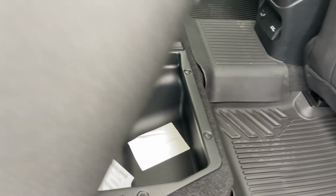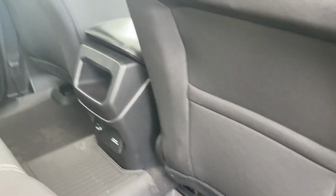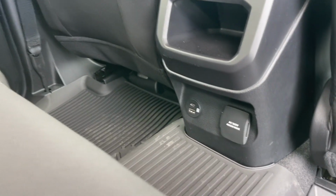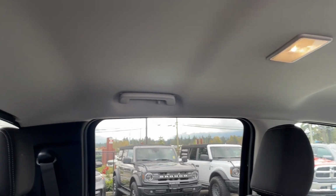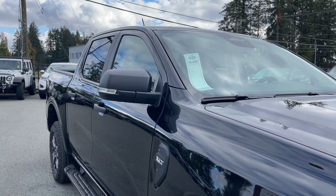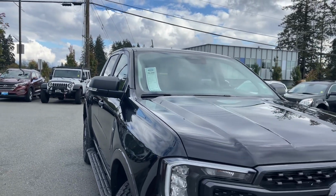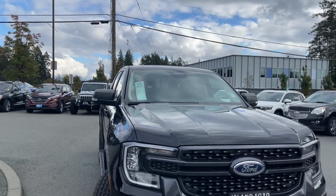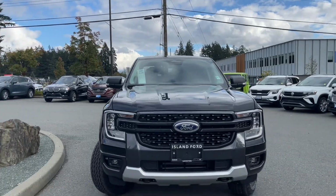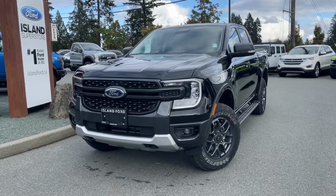You've got lots of room underneath, plus your jack. And then all-weather mats on the floor, slim pockets on the back of the front seat, little cubby, USB-C and USB, plus a 120-volt, your dome lighting, hooks and handles, and in the back, access to a power sliding window with rear defrost. Black bumper, and you have the backup camera and sensors in the rear, 5-foot box, and you have the privacy glass in the back windows, adjustable side view mirrors, blind spot information system, auto high beams, fog lights, and tow hooks, and many more